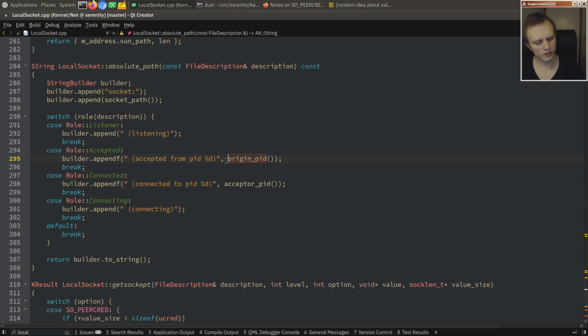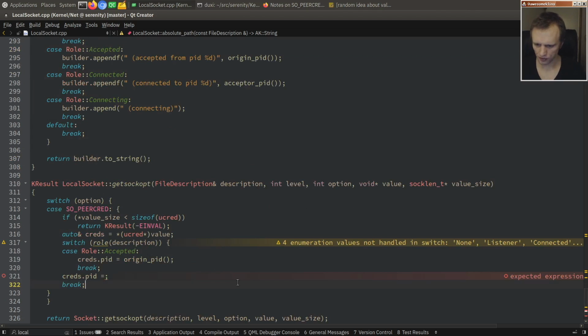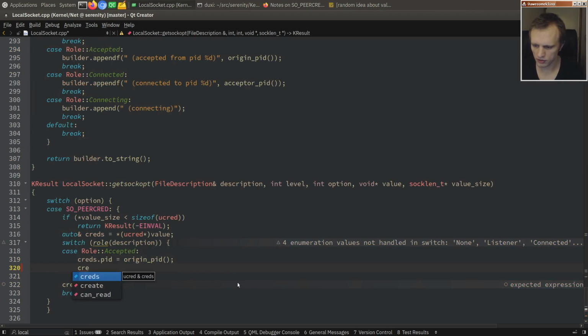And when the server side accepts the socket, then it's the same object being accepted, and the origin of that now connected socket is the client program. So I guess this makes sense. I'm a little bit hazy on this because I haven't been looking at it for a while, but that makes sense. So then creds is going to be